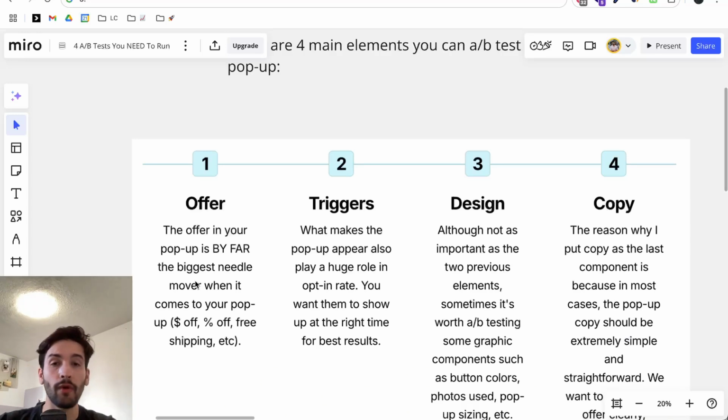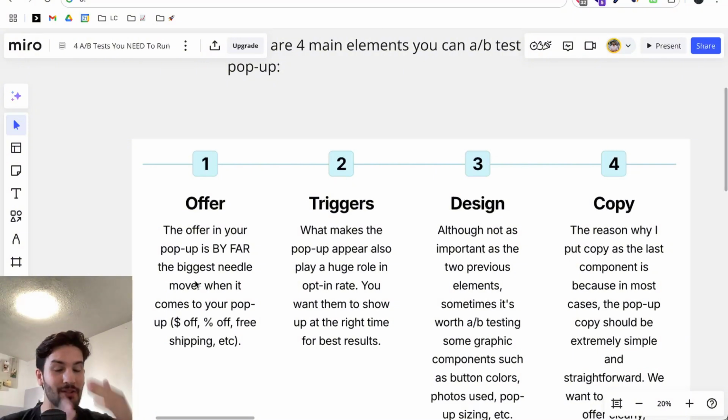And by the way, when you're running an offer A/B test on your pop-up, make sure that your welcome series reflects the offer on your pop-up simultaneously. Meaning, for example, let's say you have an offer A/B test of 10% off versus $10 off, right? You want to tag people accordingly based on the offer they got on the pop-up, and then on the welcome series have a condition split where people with this tag, i.e. this offer, get this welcome series, and then people with this one get this one right here with the corresponding offer, right? That way you can track the sign-up rate, but also, and this is probably the most important one,